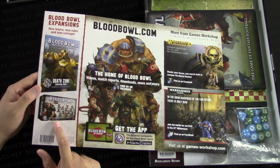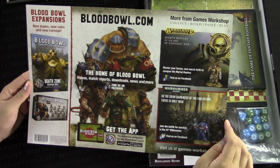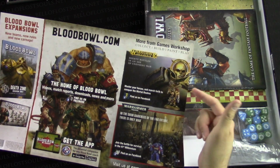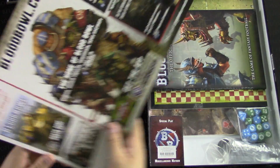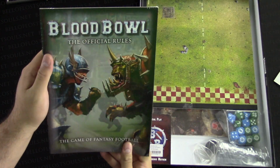Hey, Skaven Blood Scramblers. Awesome. I had a Skaven team back in the day, partial to the Skaven. They are some tricksy dudes. We've got some more Games Workshop stuff. Age of Sigmar, 40K. And of course, there's an app for that too. So, move that to the side. We've got a booklet with some reference, which we will definitely open up and go over